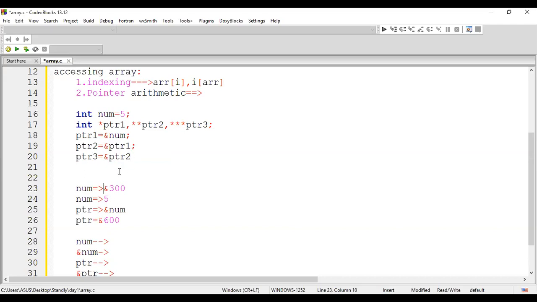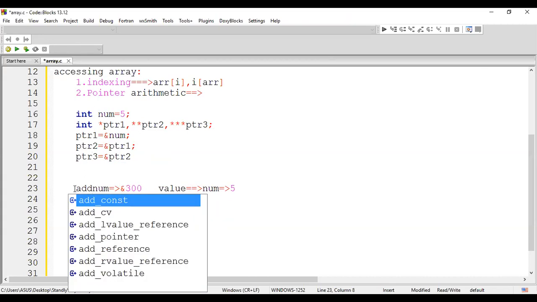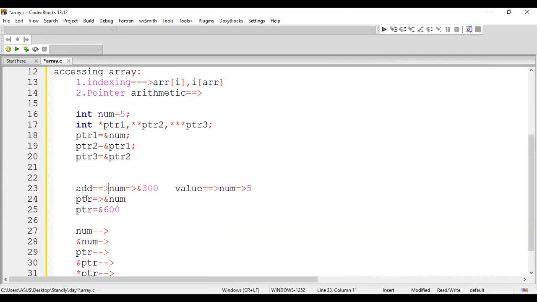As an assumption, we consider the address of num1 is 300 and the value in it is 5. This is the address part and this is the value part. In the same way, let me consider the address of PTR1 as 3000.